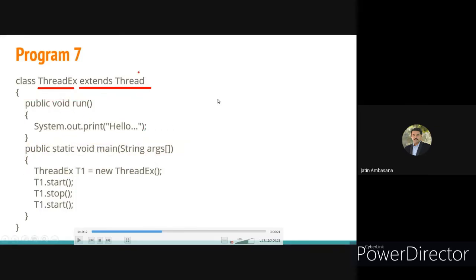Since it has overridden the run method of Thread, this run method will be called when we invoke start on the object of this ThreadEx. We say ThreadEx t1 equal to new ThreadEx, and then we say t1.start, t1.stop, and then we again say t1.start. So is this thing possible?